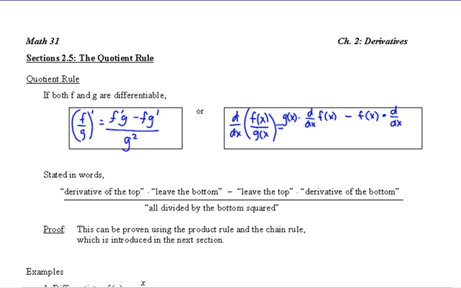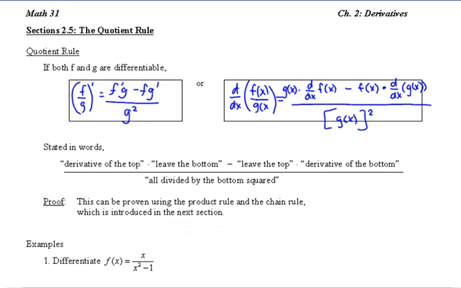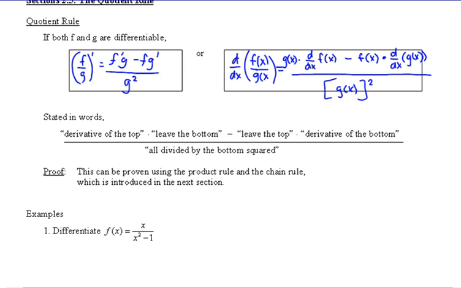Times d/dx, so the derivative of the bottom, g(x), all over g(x) squared. It's just notation. Obviously I really like writing the primes because it's a lot more condensed, but d/dx of f(x) is still the same thing as f prime, finding the derivative of f(x). So stated in words: derivative of the top times leave the bottom, minus leave the top